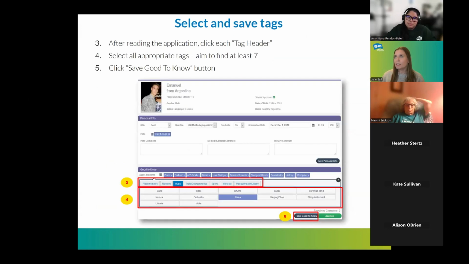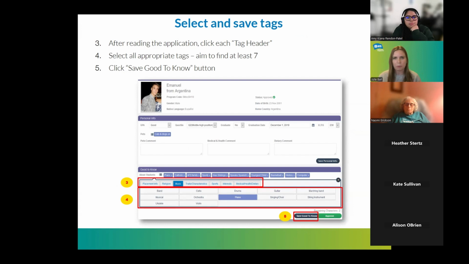So select and save the tags. After reading the application, you'll click on the tag header as I mentioned. You'll select all the appropriate tags that apply to the student and aim to find at least 7. Seven is kind of that magical number. It's not too many as to be overwhelming, but it's not too few, where people never find the student because there aren't enough tags. So try to stick to that number.